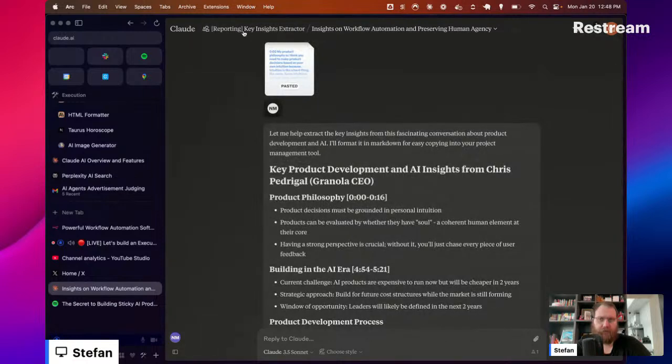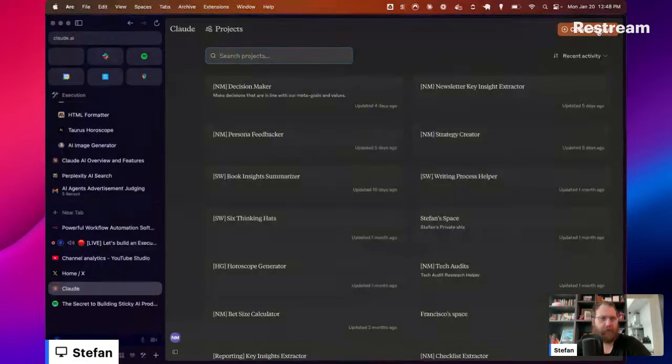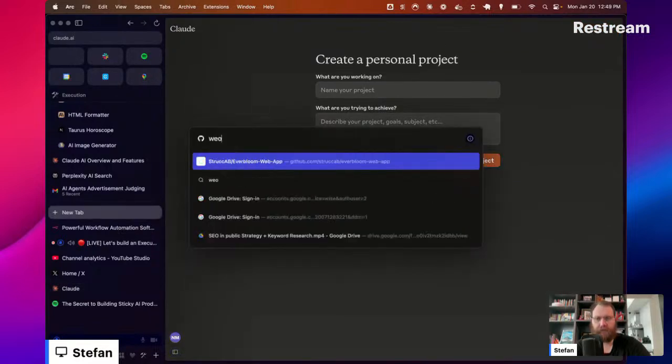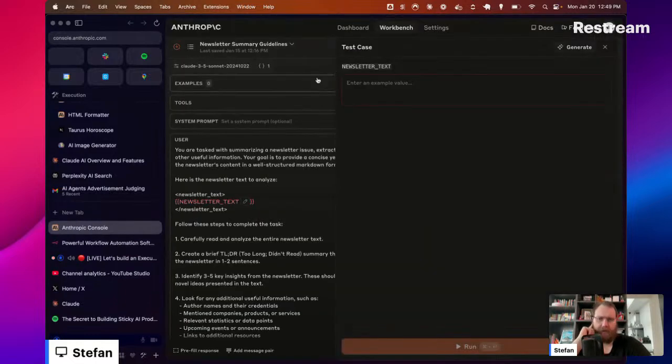And we're going to essentially build this tool here now, rebuild it, go into projects, create a project. And how I usually do this is I go to Claude Workbench, which is essentially a tool to test prompts and build prompts and to see everything you have used for the API and stuff like that.